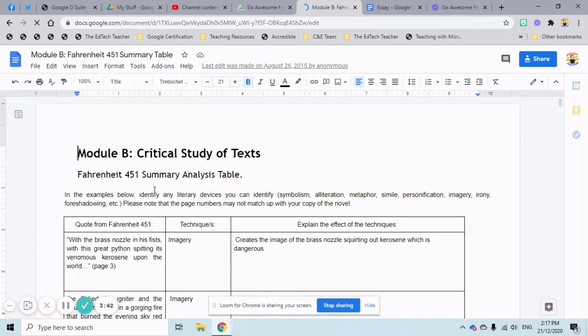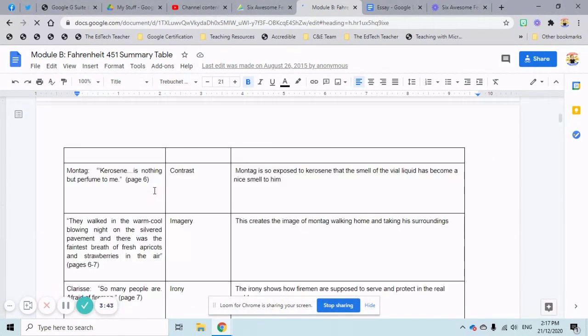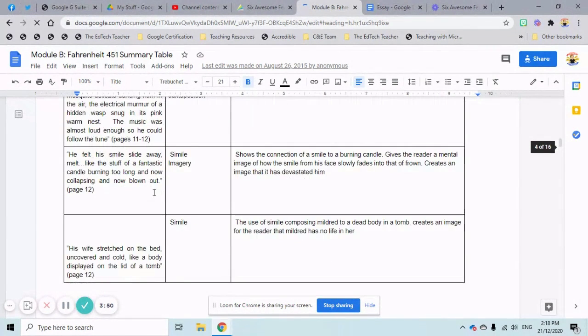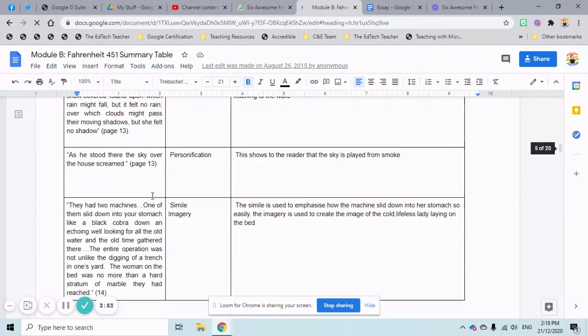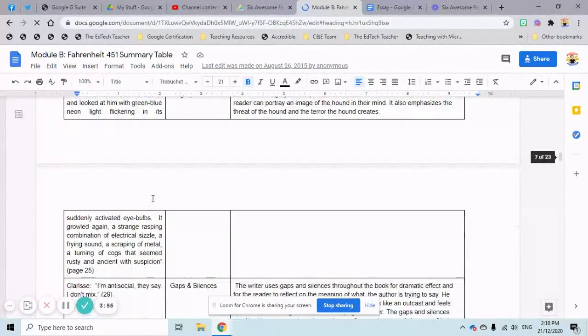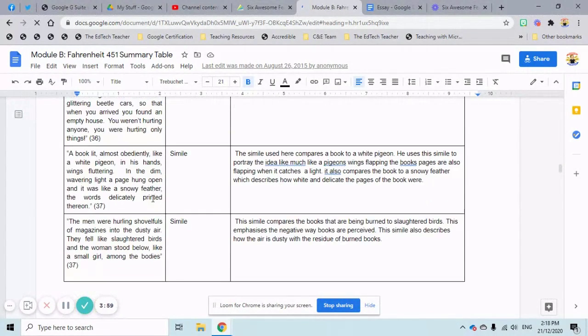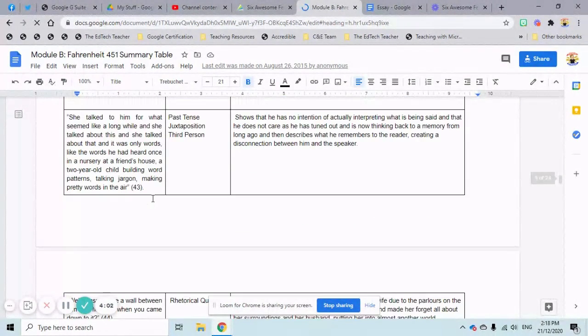So this was broken up so students knew which techniques and quotes they had to complete. And in the end, we had this huge collaboratively created document that every student was able to use for study, for assessments, for exams, for preparation, and understanding that particular novel. So the ability to have more than one person working on a document at the same time, using it, editing it,